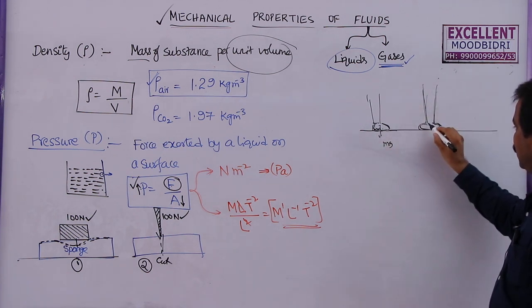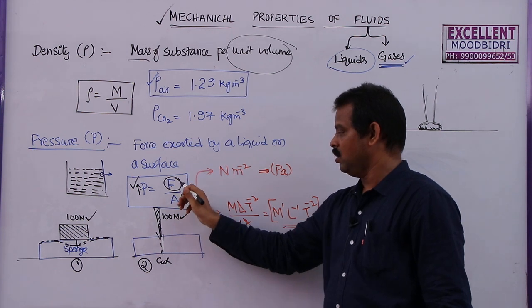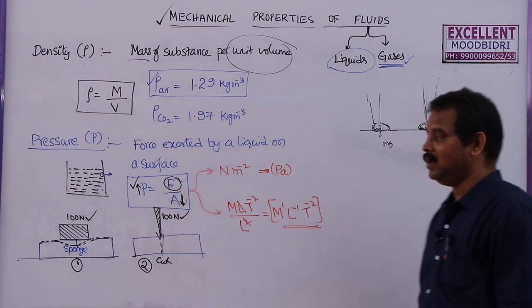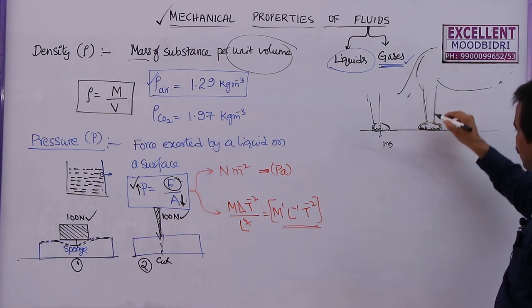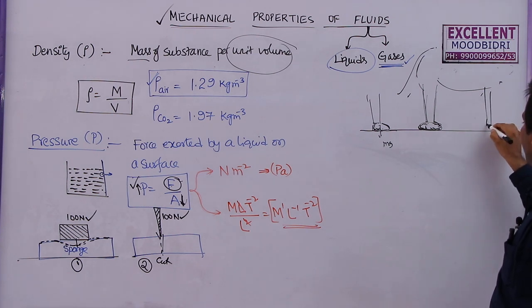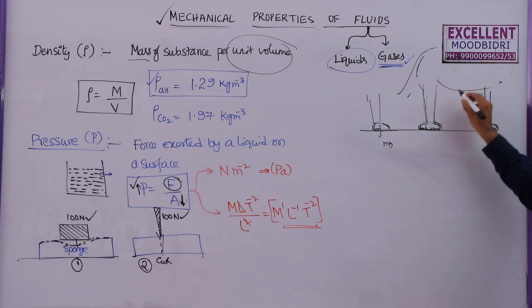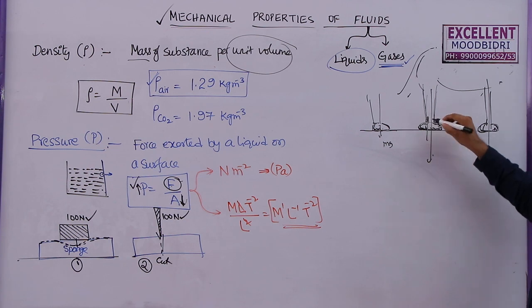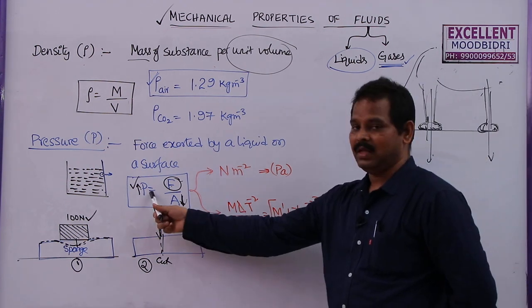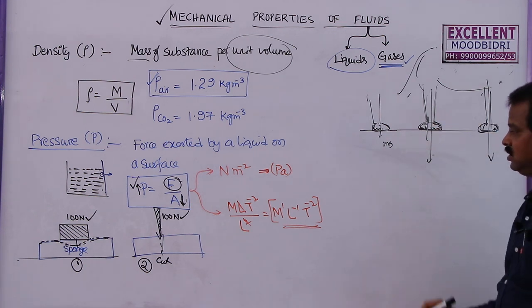This is the leg of the camel. So here you can see these are the feet. When the area is more, for the same load, the pressure will be less. The weight of the camel is very high, and the total force is acting on these feet only. That's why the feet are designed such that the total weight is acting downwards, but as the area is more, it will exert less pressure on the sand, so that these feet cannot penetrate into the sand. This is why the feet are made large here.